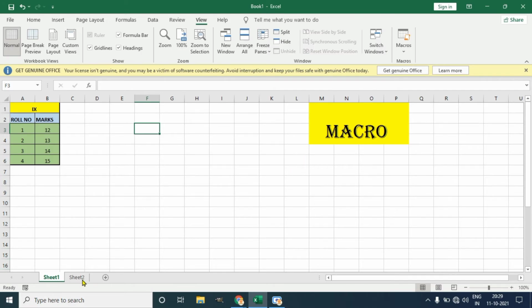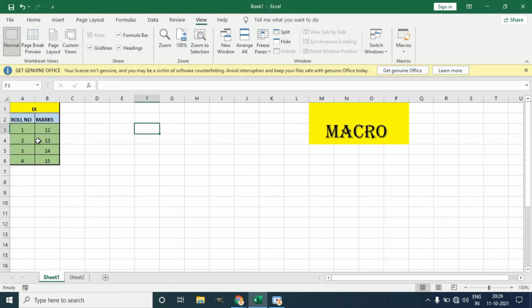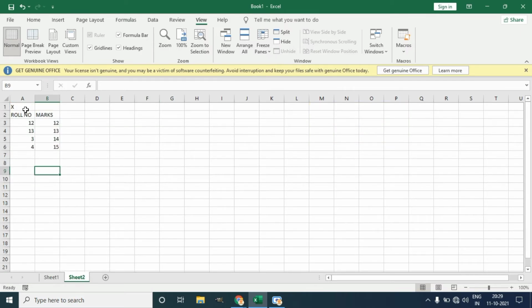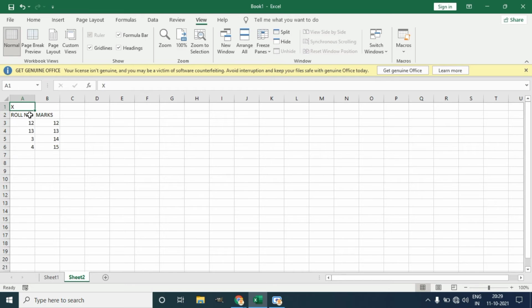Now I want the same formatting here, the same formatting which I applied in sheet 1, in sheet number 2. For that, the very first step is that you need to click on Use Relative Reference. As you know, this is the first cell. If we compare sheet number 2 with sheet number 1, this is your relative cell reference.